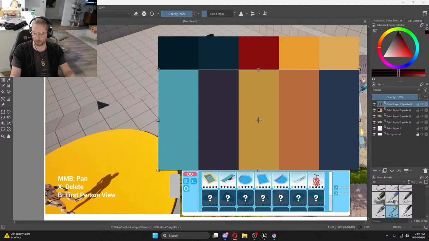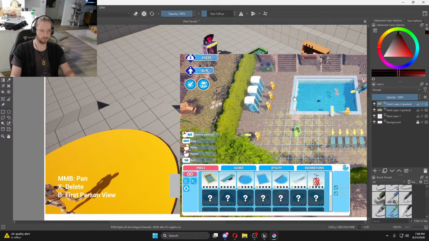Happy, let's say happy color palettes. Honestly, I don't think this really matters right now though. Yeah, I don't think it really matters because